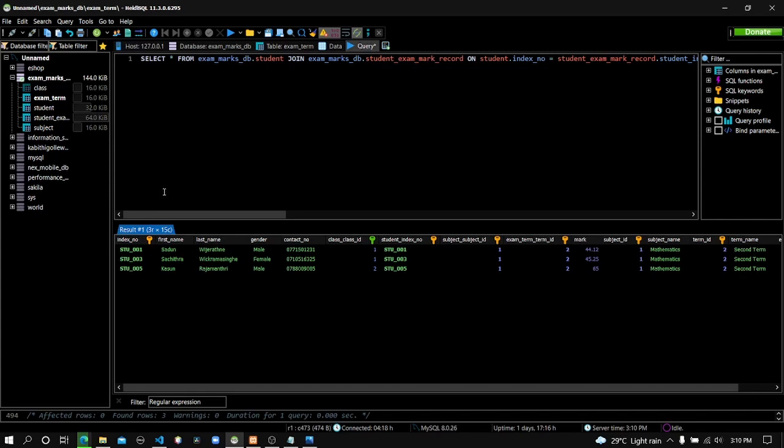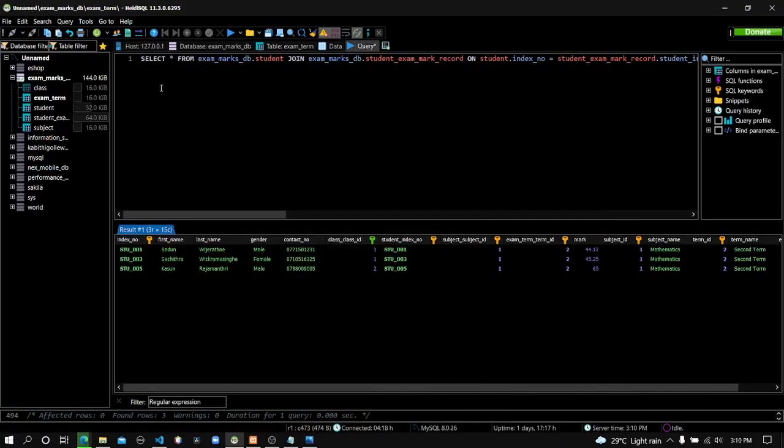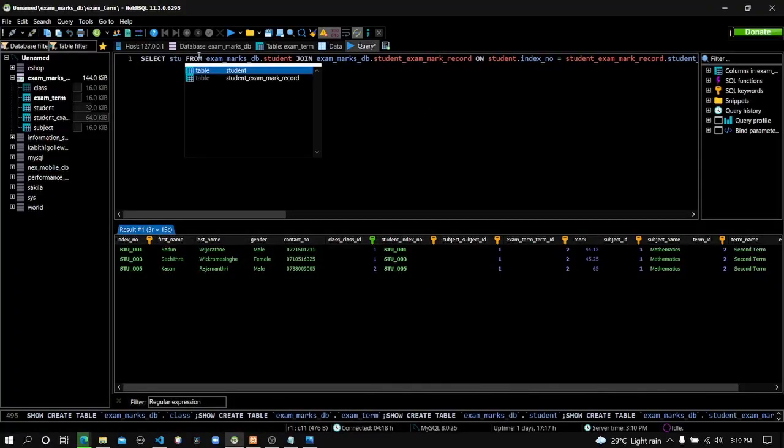all the attributes in this table. We only need, you can see in the question, name, subject, marks, term of the examination, date of the examination of the students. Okay, we have to show the name of the student. So here I am mentioning the table, student table, and then here's the first name, and then here's the last name,